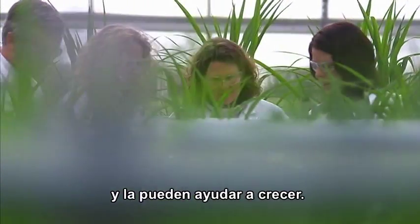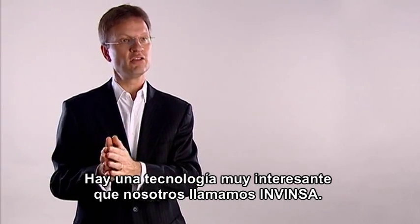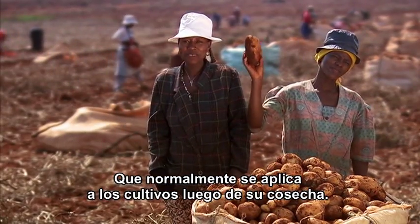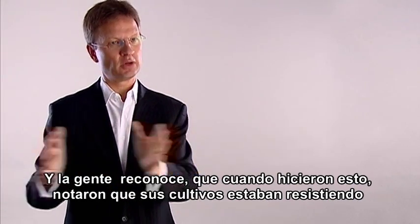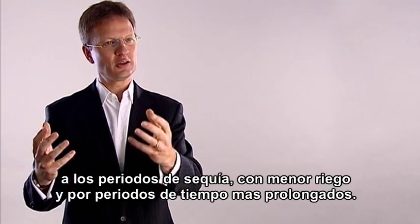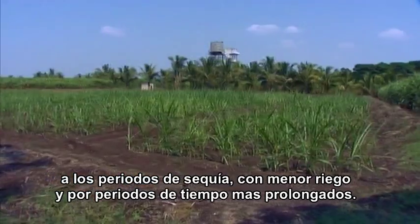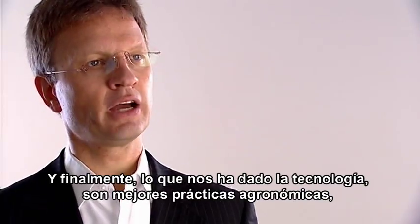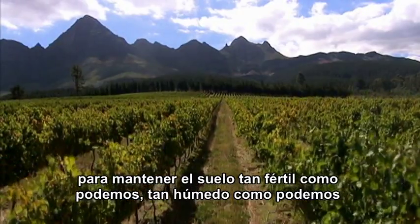And there's a very interesting technology which we call Invinsa that is normally applied to crops after harvest. And people recognized when they did that, they saw that the crops were withstanding drought periods and less watering much longer than before. And finally, what we mean by technology is better agronomic practices to keep the soil as fertile